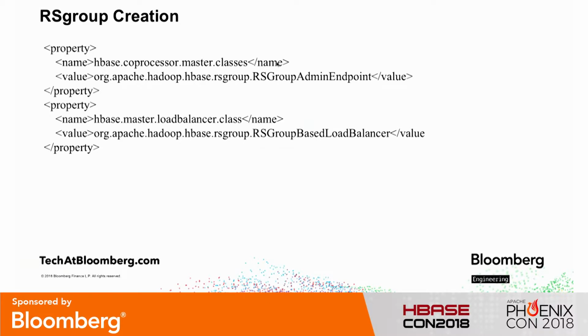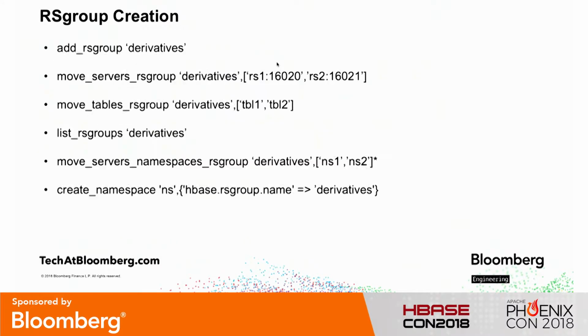So in order to enable the region server group, you would need to add these two properties and set the values at this point in time, and then restart the cluster so that the region server group is enabled. And what in turn it does is creating the region server group table. And then once the cluster is up and running, you can do addition of the region server groups,